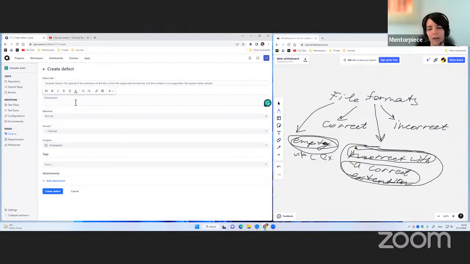Description. Okay, the description. In the case of incorrect content of the file,